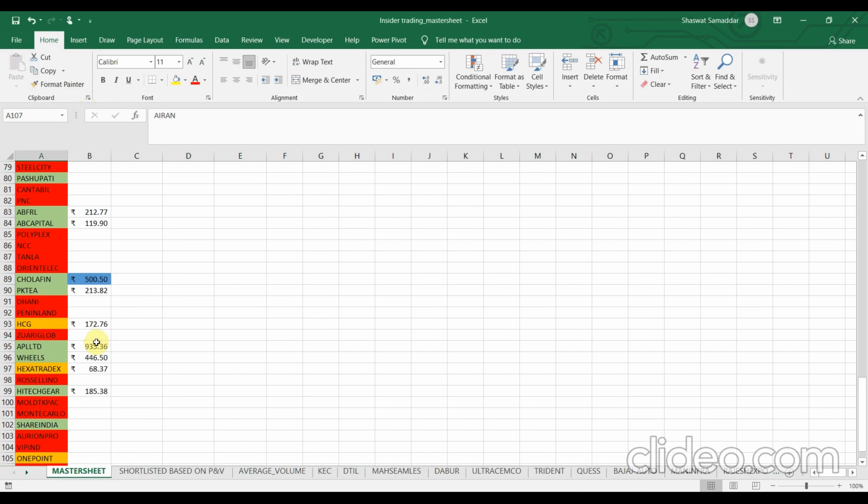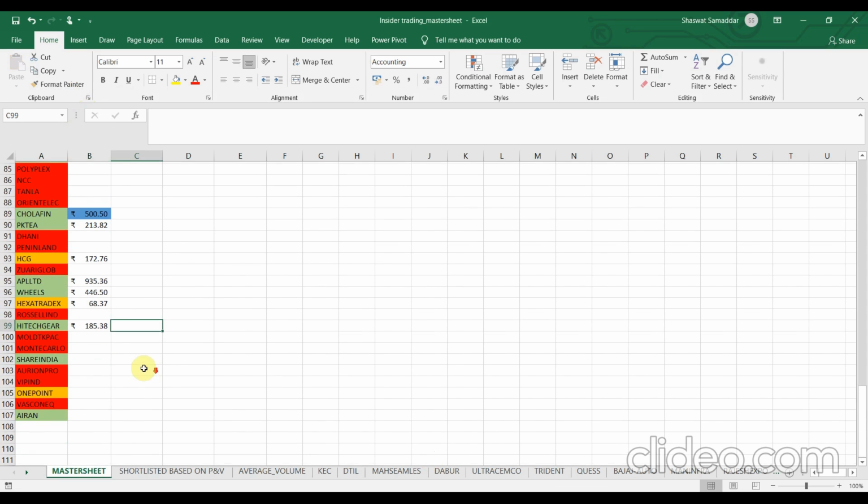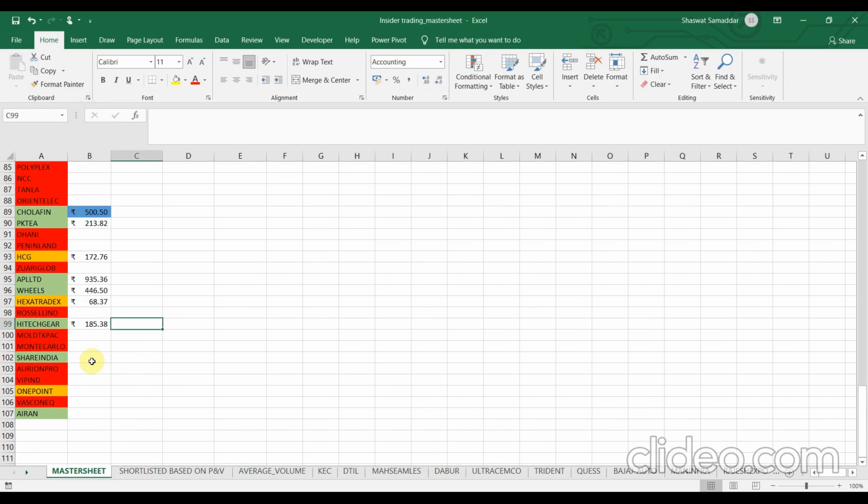Now you might be wondering what are these numbers. I will tell you in just a little bit. So first, let me tell you one thing: these green and yellow stocks would be going into my watch list. But at what price should I make an entry into these stocks? How will I decide that? These numbers would tell me that.